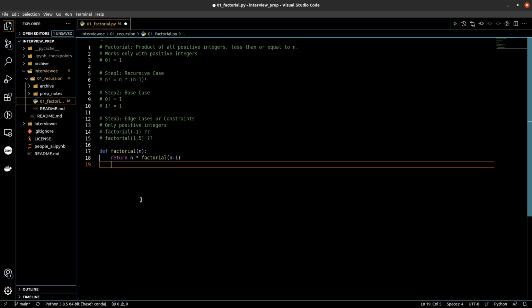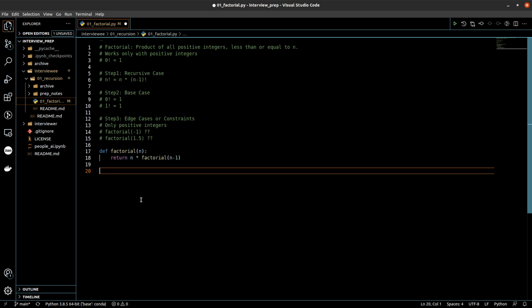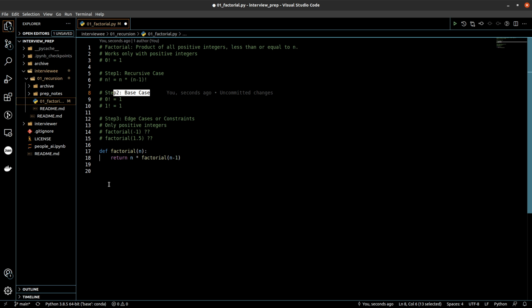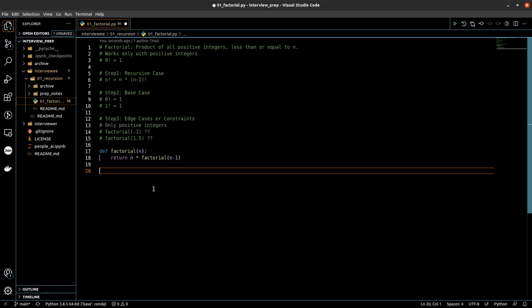Now this ideally completes our basic version of our factorial function, but we haven't yet considered the base case and the edge cases. But before that, let's see if we can get the desired results using this function alone. So let me define the main block for this.